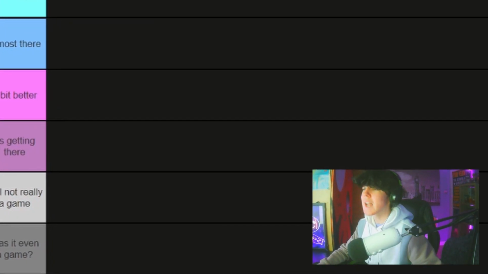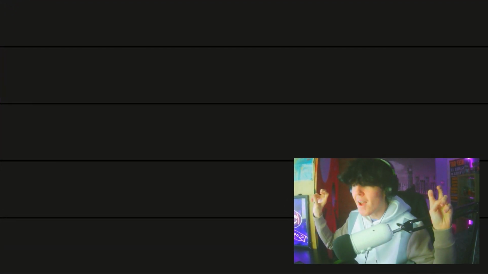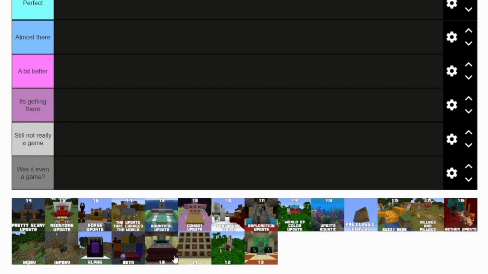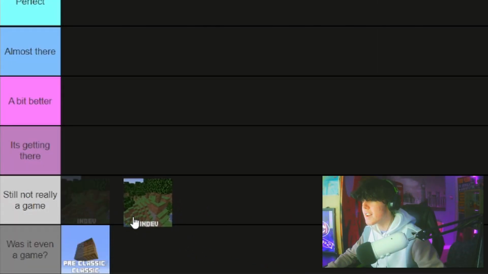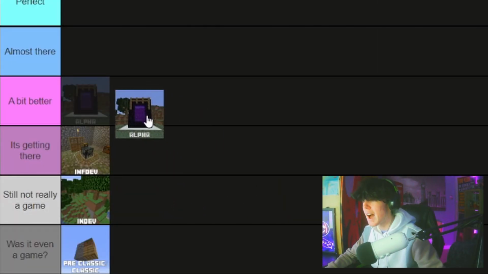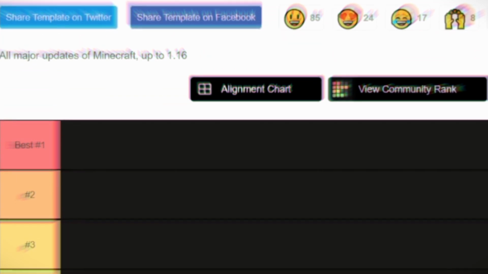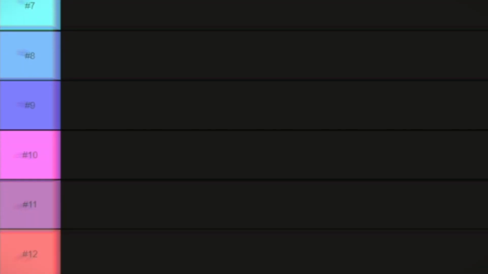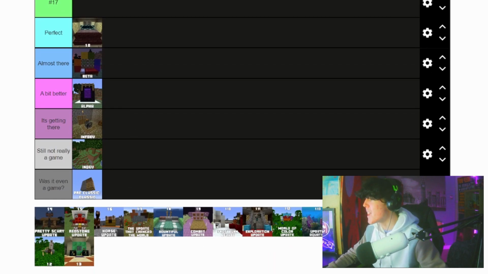Right, to get these out of the way, because I don't actually think they deserve a spot as an update on this tier list, we have the very first version of the game, the pre-classic version, the in-dev version, inf-dev version, alpha, beta, and then the full release of the game, version 1.0. Now, with 17 spots left for actual updates that came to the game after launch,